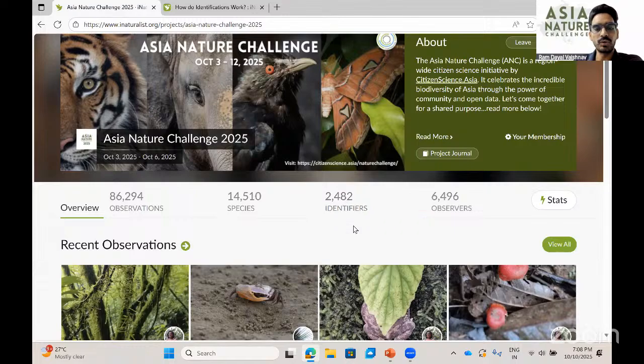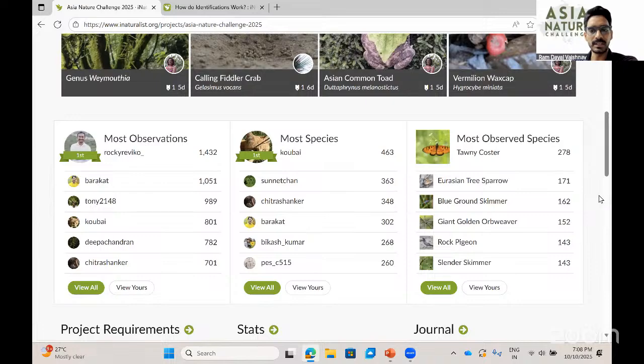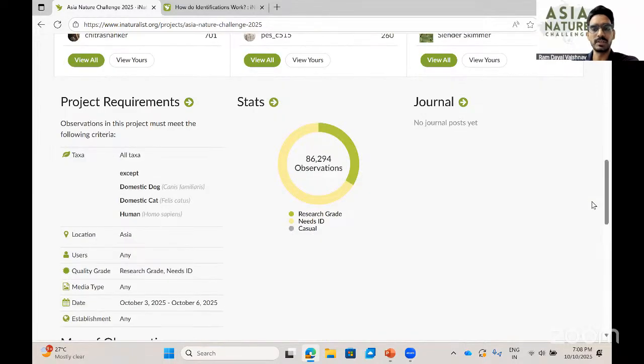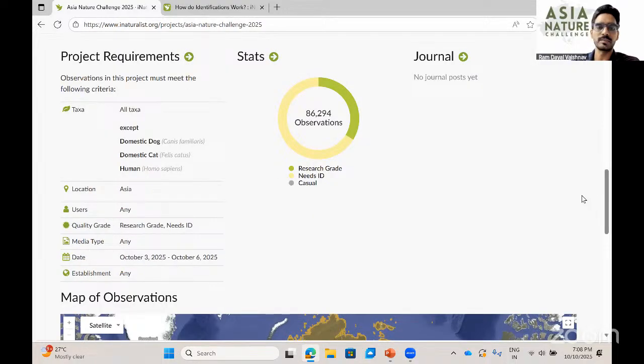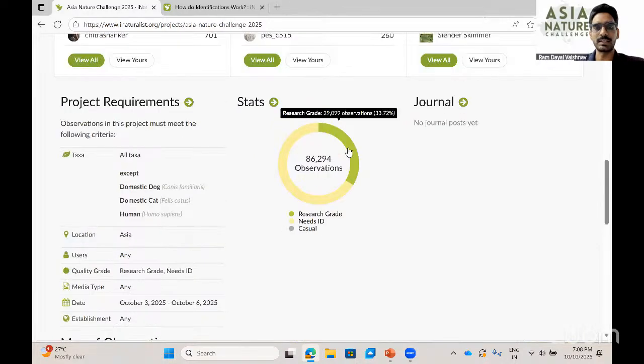And also, Casey, if you can go down, you will be able to see the research grade percentage, like how many observations have been converted into research grade so far. It is not a race for us. We do not encourage that we should have this much percentage of research grade. But what we have been able to do last year was we had more than 50% observations as research grade observations. Now here, the idea is there are multiple things which we focus on. Currently, you can see the research grade percent is more than 33%. It would be good to see more than half of the observations as research grade, but we understand this is not always desirable and not always possible.